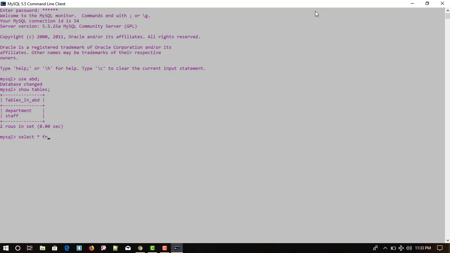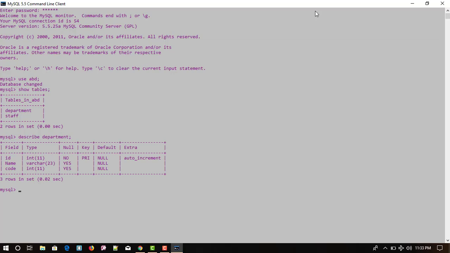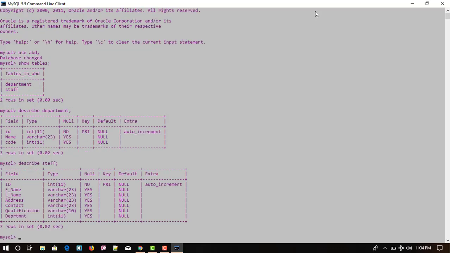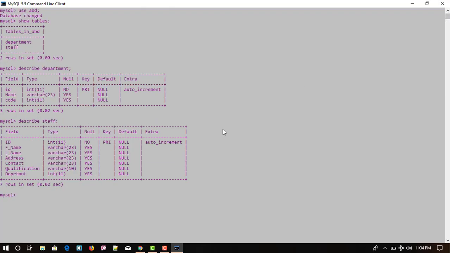Select star from event. We will not see the data, we will just see its column names, so describe the table with describe. So here it is. For example, if I remember that there is an employee whose name is starting with K and I forget its remaining alphabet, so I will write here